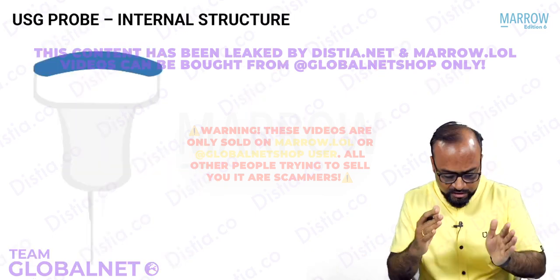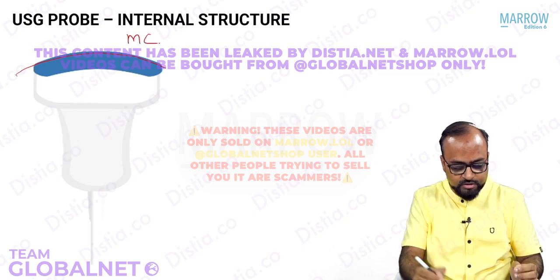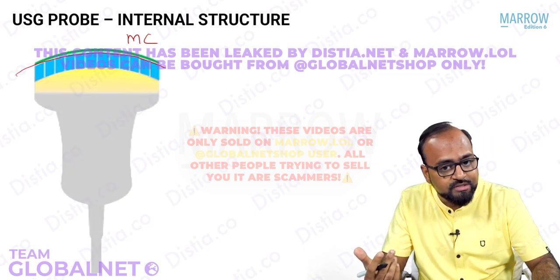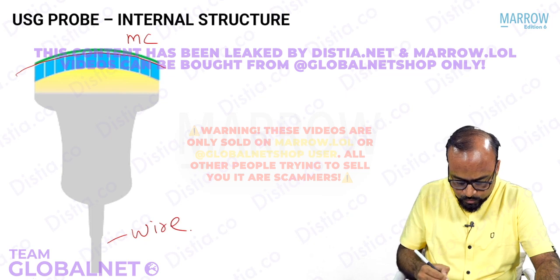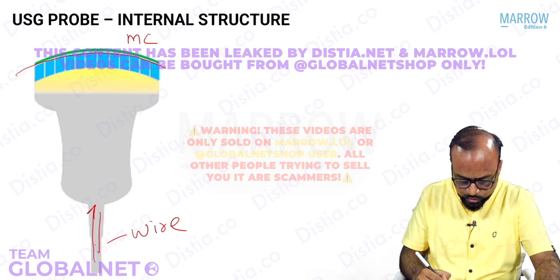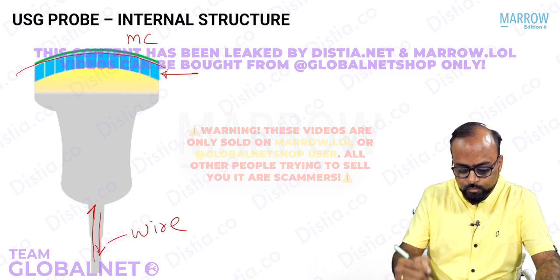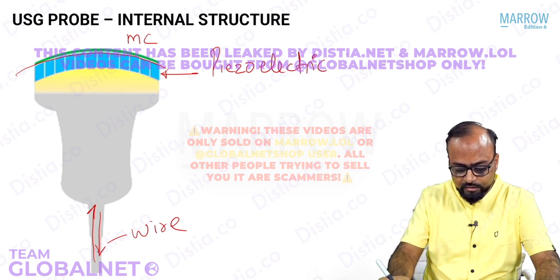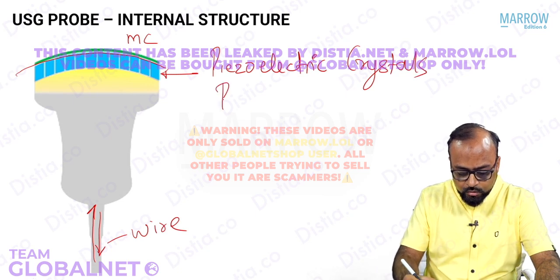Now if you look at the ultrasound probe, so this is the convex probe, right? Most commonly used probe, we have discussed this. What is there inside this probe? If you open up this probe, what you'll see inside is this. There is a wire attached to this probe. This probe will bring in the electric current, also carry away the signal. But at the tip, most important part of the probe are these piezoelectric crystals or